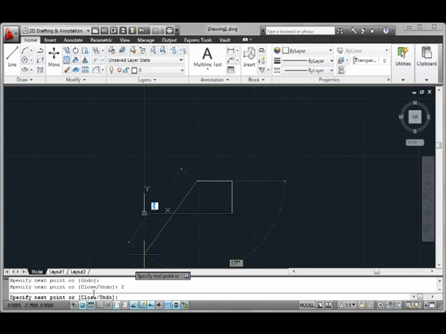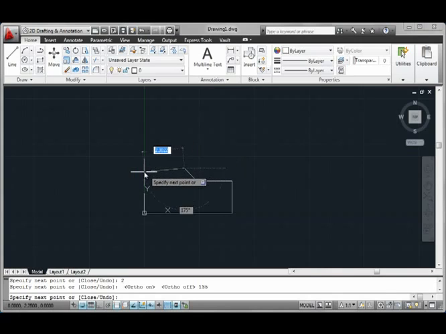Well, the first thing I'm going to do is check if ortho is turned on or off. It's off in this case, but I can toggle it on and off when required. I'm going to start by keying the length of the line. I'm pressing the Tab key. And now inputting the angle value. I'm pressing Enter. Now I can continue on, and I'm going to finish that sketch, but I notice that I